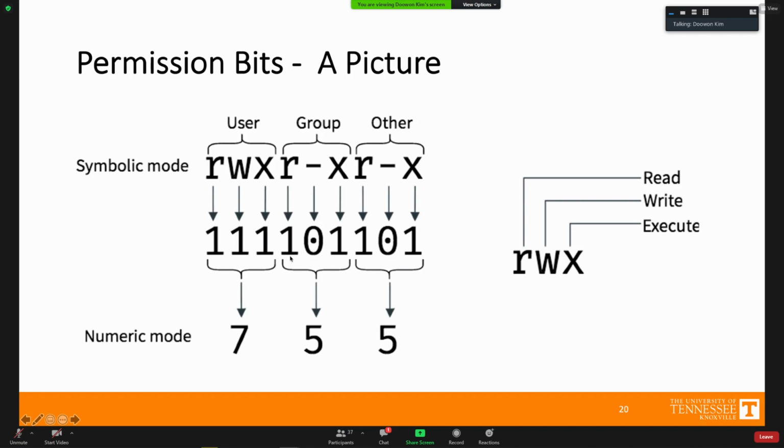And then 2 to the 2 is 1, 2 to the 1 is 0, and 2 to the 0 is 1 here. So the total is 5. For example, 1, 0, 0 is 2 to the 2, and then it becomes 4. So here we have 7, 5, 5, and then, for example, a certain file,